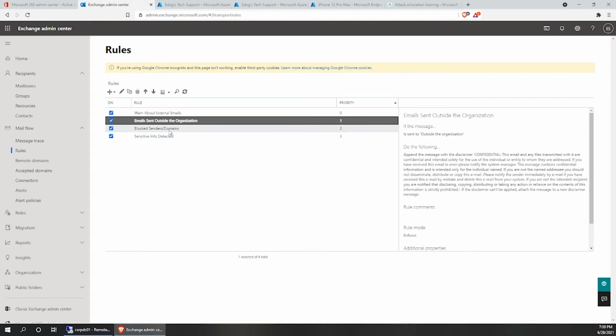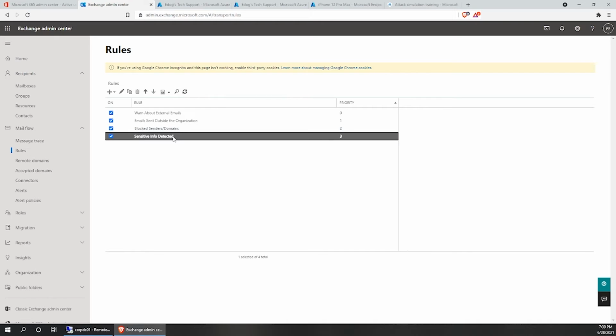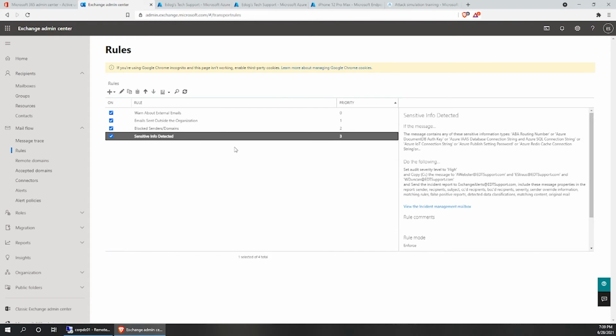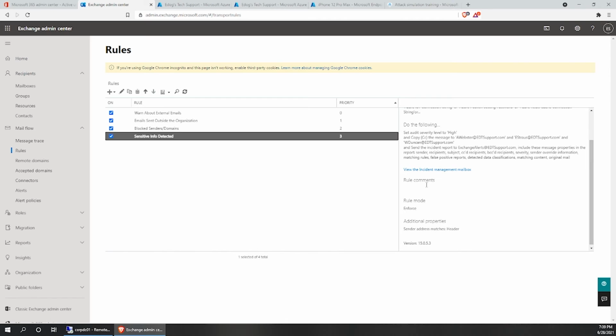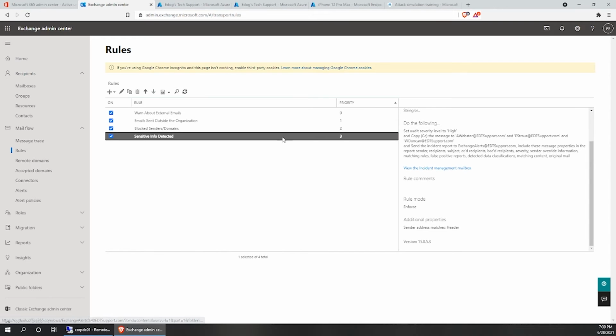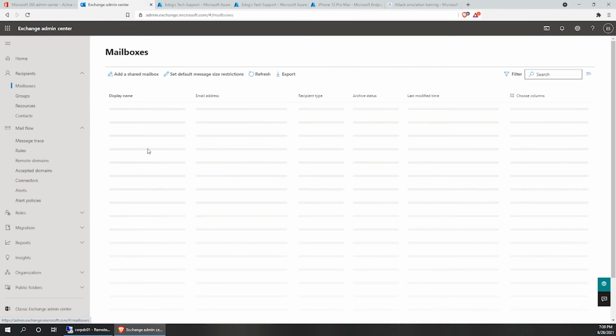And then I also have some blocked senders and domains set up, as well as a report that would generate if sensitive info is detected within the organization, being sent out or sent within the organization. So I just have those set up, and I also have some group mailboxes set up as well,